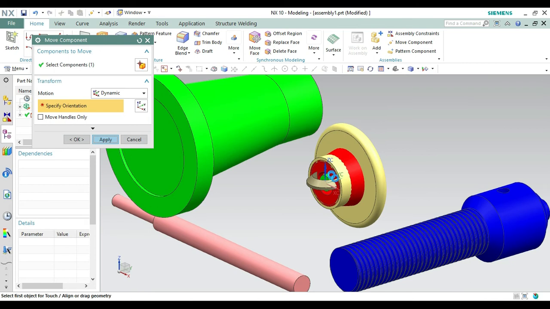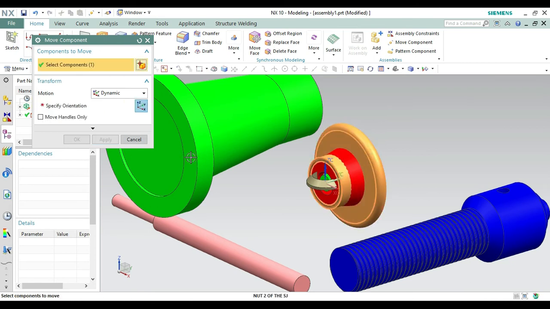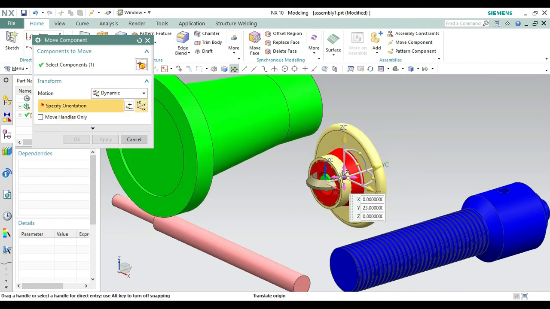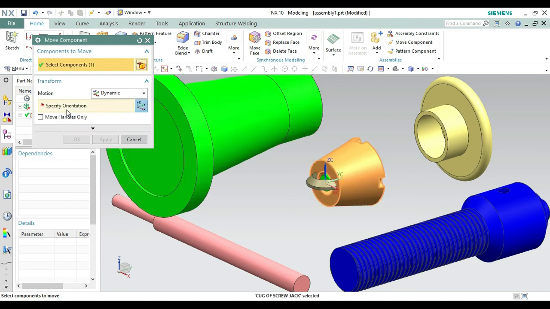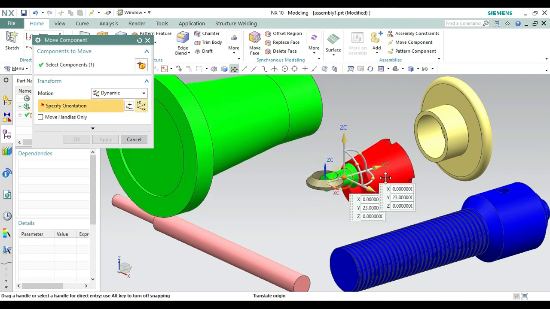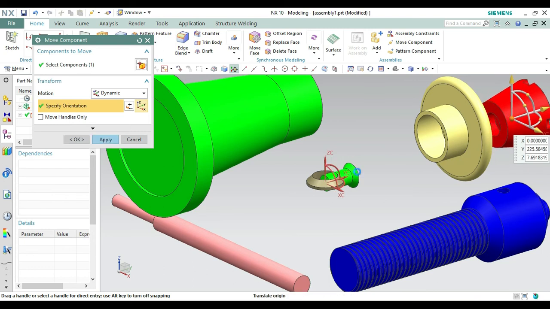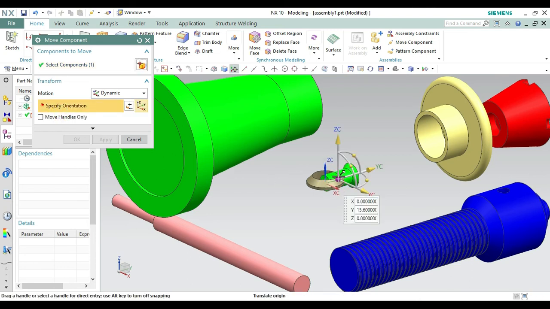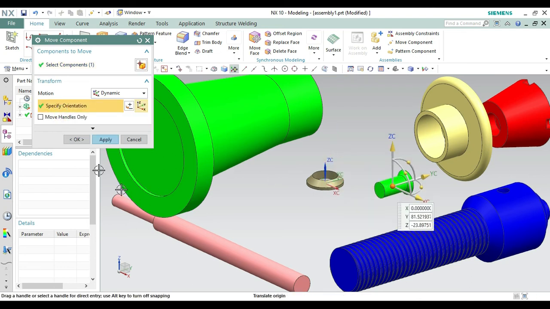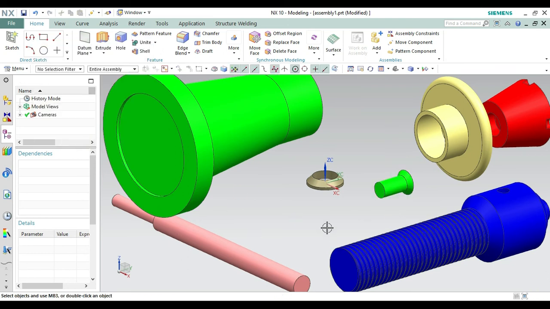Now let's take all these three parts also. Take this one, make that orientation, take that part away from here and make that apply. Now what we have to do is select this one, make that apply, and take this away also like this one, make that apply. Let's separate these, bring them apart from each other, so it will be easy to check and find all the assembly parts. Let's take that also and make that okay. Now you can see all the parts are separated.